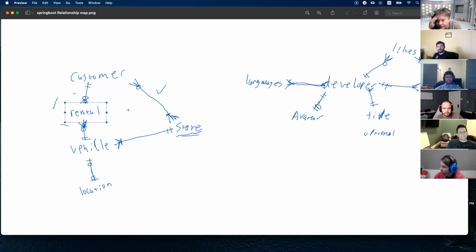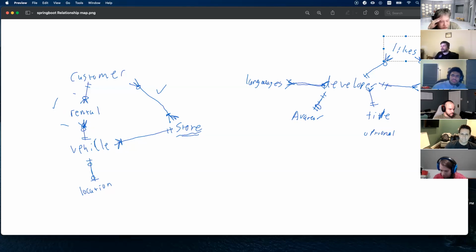So the rental being a sales item, and even then we could turn this from vehicles to objects or to non-vehicle sales places too. So then we would have multiple sales for a single person and a single car or vehicle. There's a lot of things you could do for this moving forward, but the main key element is we want to make sure we can store more data than just the customer ID and the vehicle ID. In our system, that's really the only data we need. The fact that a developer likes a post, we just need the developer ID and the post ID. However, I'm going to use this as my way of showcasing how we create an entity to make that